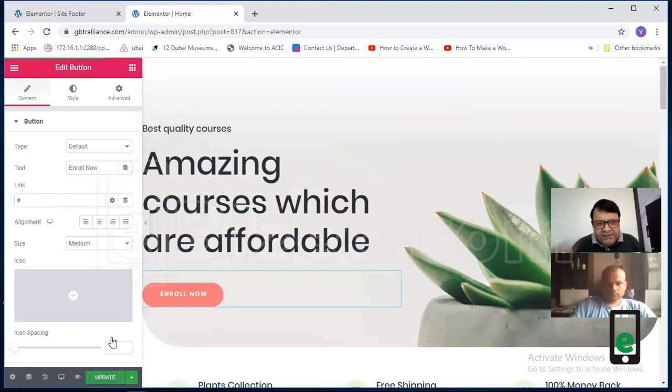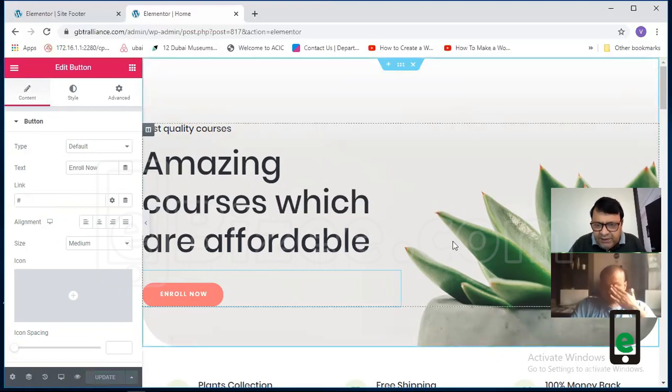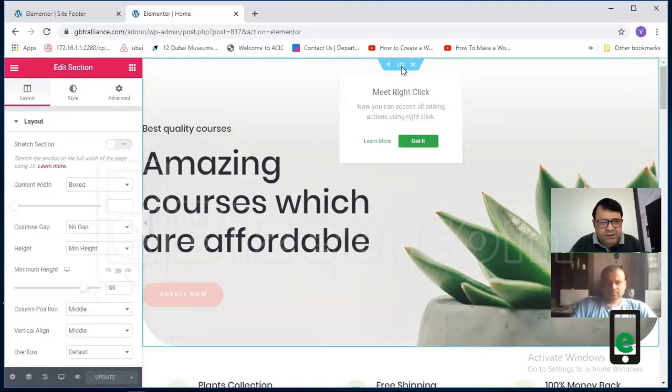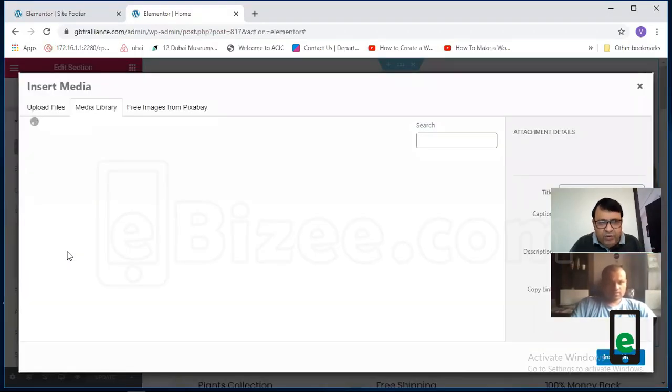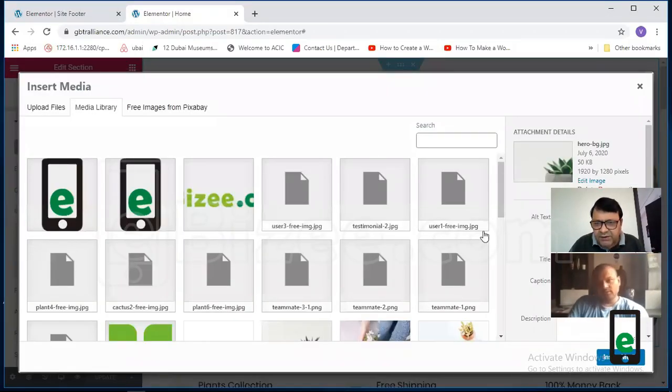Now, in this section, we don't want this image because we want an image where some students are visible. So we'll go back to this section and go to the style. In this style, you can see this picture is there. First we have to check the size of this picture, because we have to create a picture of the same size.